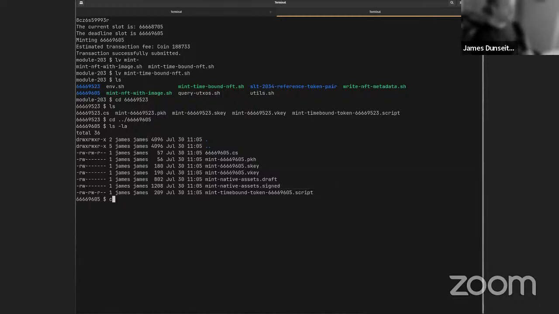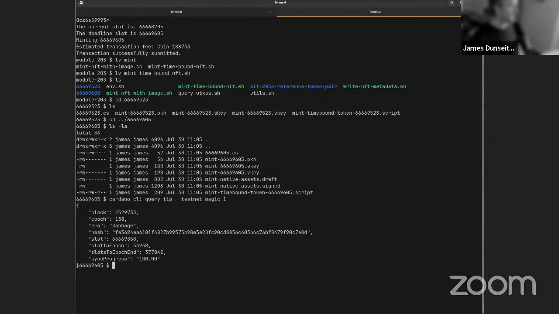And now let's run this function, query tip testnet magic 1. And you can see that now the chain is currently on slot 6666 9358. All right, we're not here yet. So it would still be possible to mint more of these tokens. Remember,